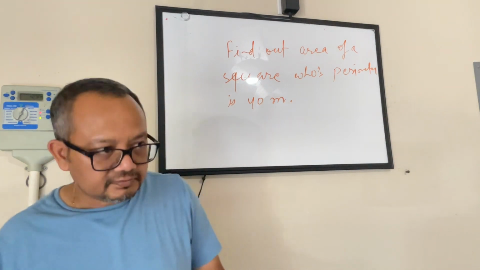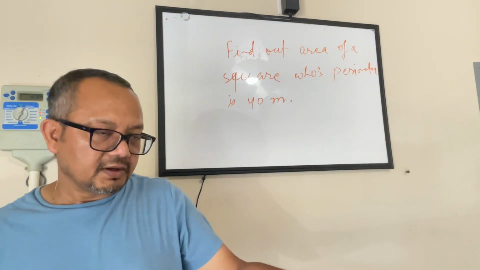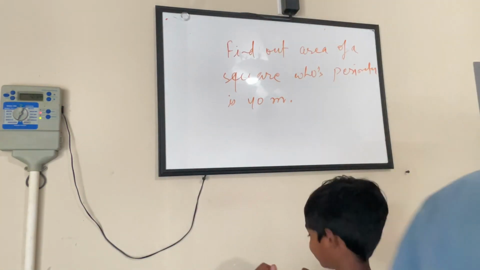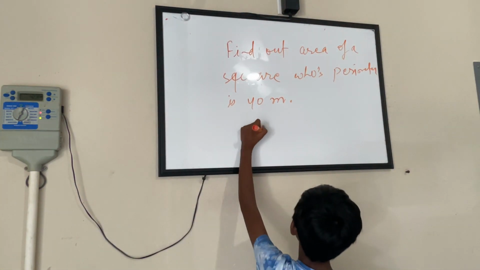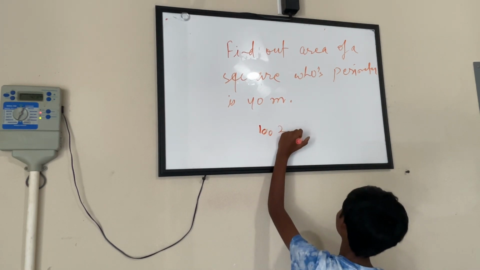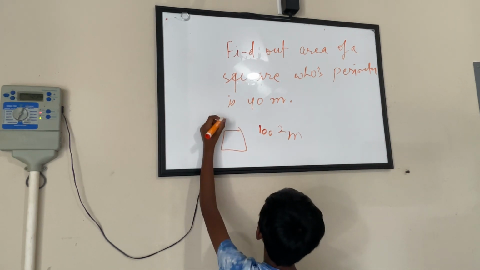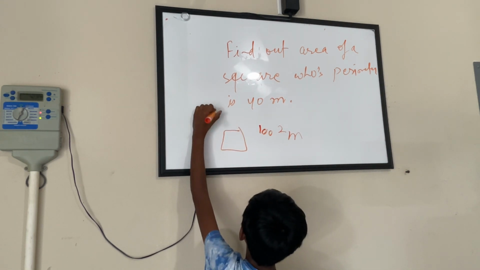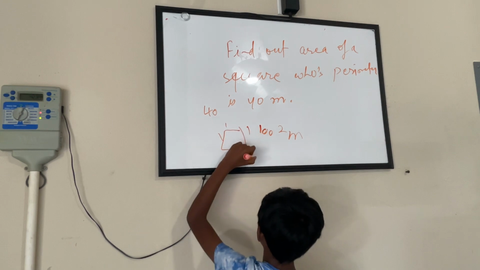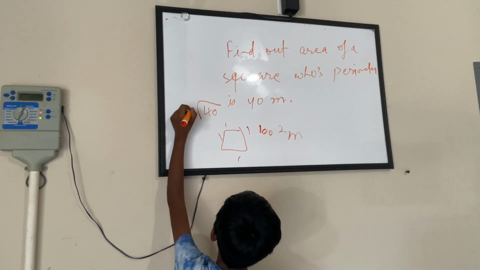Kavyan, come here and explain how you got 100 square meters. If it's 40 and there are 4 sides in a square, you divide 40 in